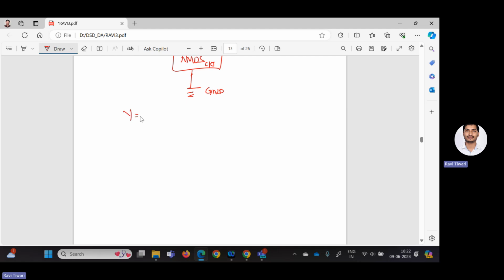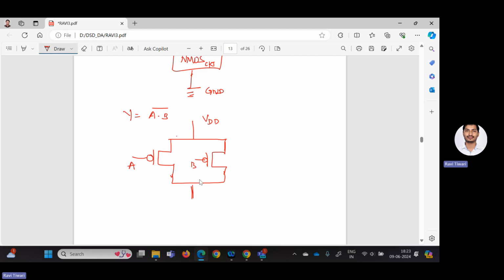So first you write down the expression, that is A dot B whole bar. As I told you, the circuit is an inverter. So just focus on the dot operation. So it's the AND operation, right? As we know that for the AND operation, PMOS will be connected in parallel. So here I am drawing two PMOS in parallel, and I am saying this is A and this is B, and this is the VDD,